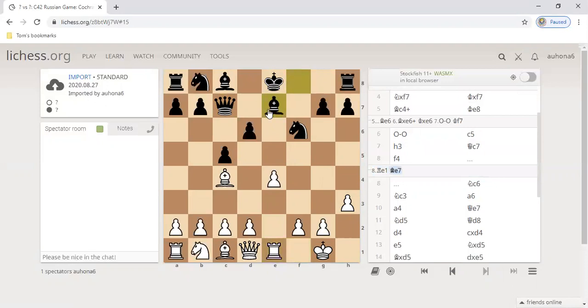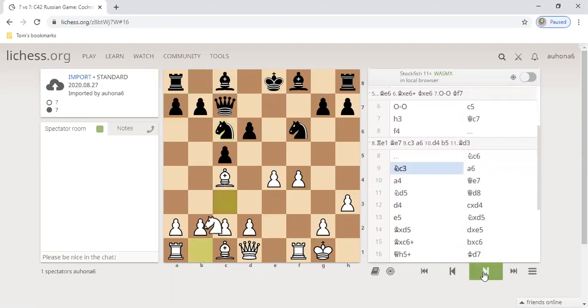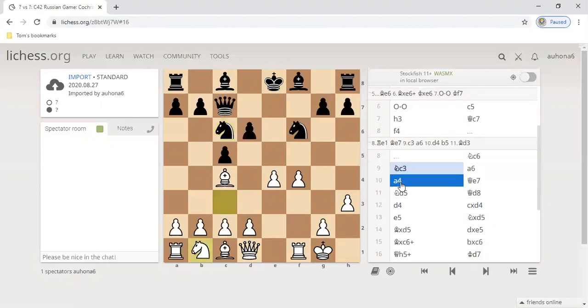Bishop e7 could be played consecutively, and c3, a6, d4. A d4 break would be essential here for white to open up. If b5, bishop d3, and that would set it right. Now we will go back to the original position and see what happens next. f4, knight c6, knight c3. So knight c3 is a good move, but instead of knight c3, c3 and d4 would also be good, like an alternative. So knight c3,